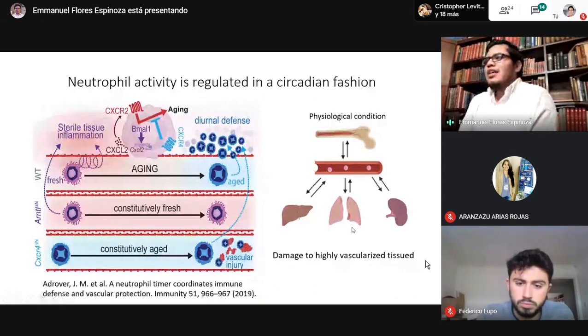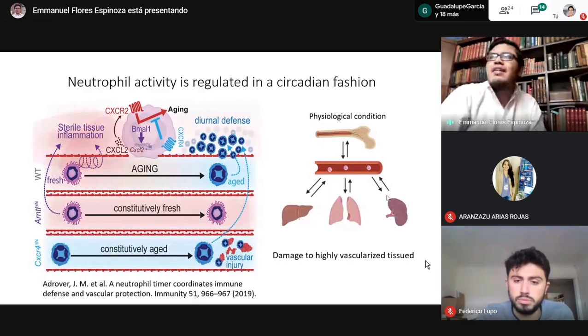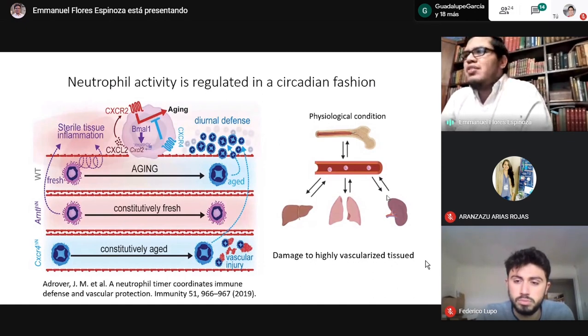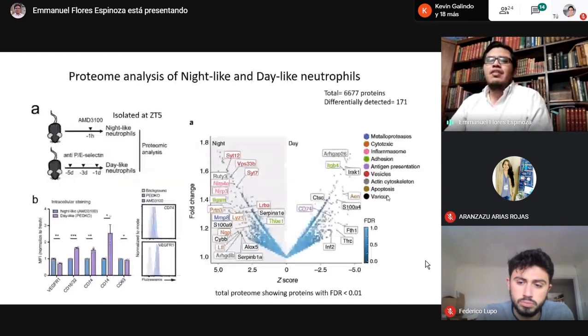But these tissues, especially the lung, are highly vascularized. Then how do the neutrophils present in the lungs and in other highly vascularized tissues prevent the vascular damage caused by neutrophils? This question led to: is there a specific mechanism that prevents neutrophil-inflicted toxicity in tissues? And they worked from this question, and